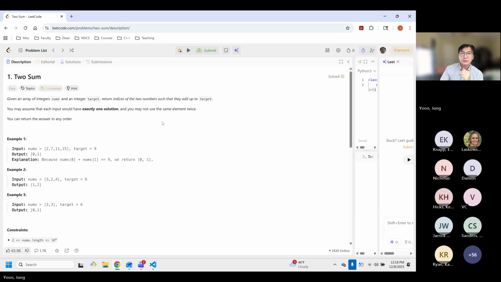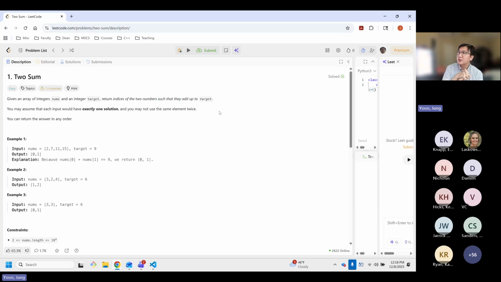So at least what I know is this. Whenever I see the word return, right? Remember, what does return mean in coding? It's a keyword. It means to generate an output out of a function, basically, right, everybody? We need to return something of the two numbers so that they add up to the word target.